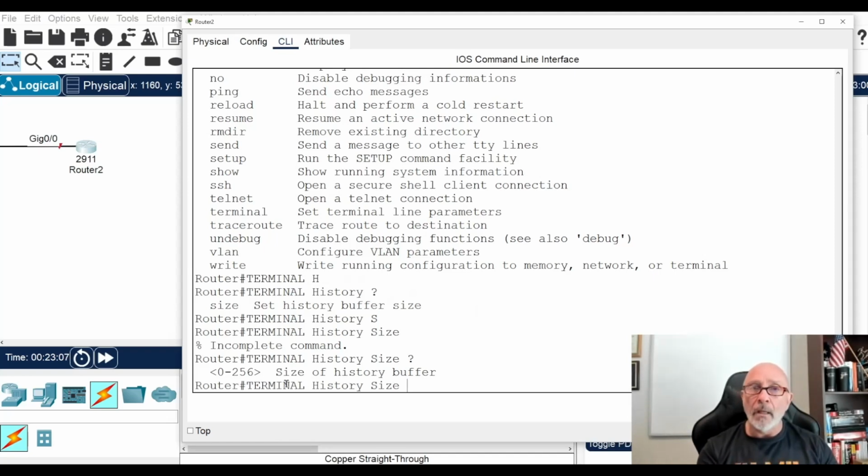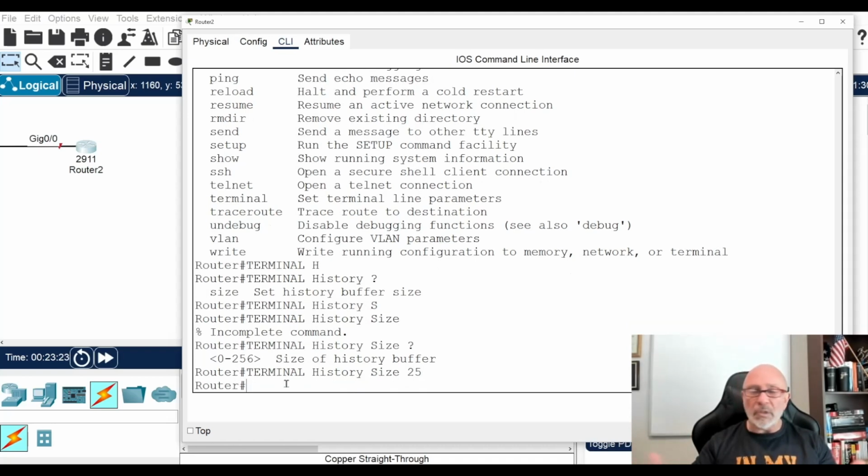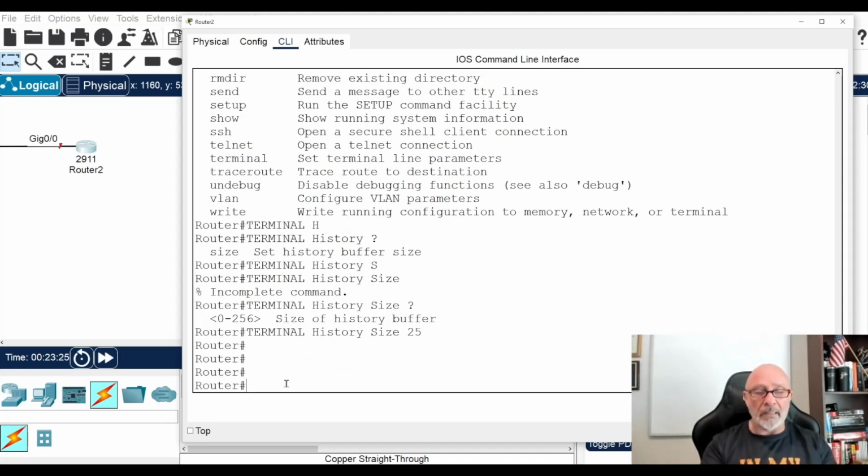prompt you're in so many commands that you did. So you can go up to 256. I think that's overkill. But let's say you put 25. Remember the last 25 commands that I typed in whichever prompt I'm in, it'll remember those commands. You can up arrow through that. So it's a good thing to do. All right, so you can just up arrow through things if you're being very repetitive. All right, and that's it.